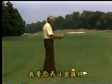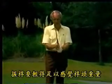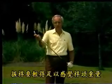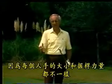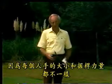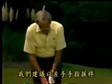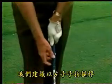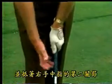And to accomplish that sense of movement, I would ask you that you work on your grip to hold the club lightly enough that you can feel the weight in the head of the club. There's not one grip that fits every golfer because their hand size and grip strength will vary. But in general, we would like for the club to be in the fingers of the left hand enough that the thumb will be slightly to the right center of the shaft of the club,